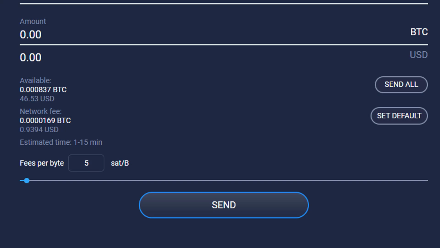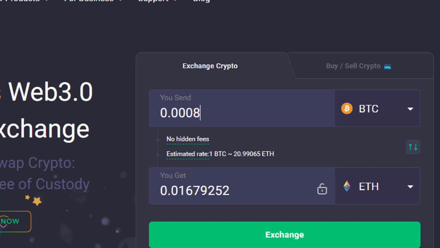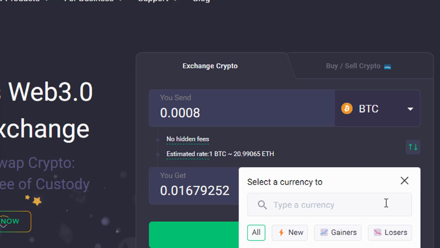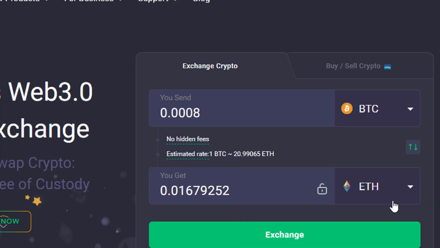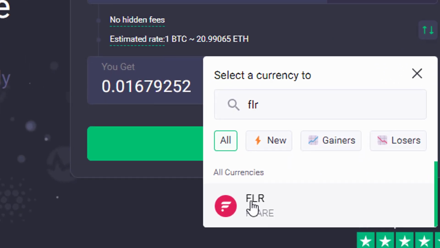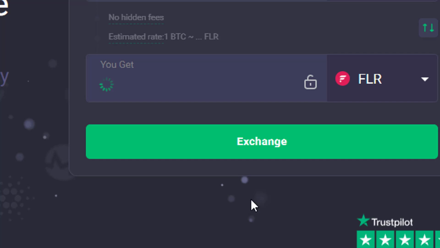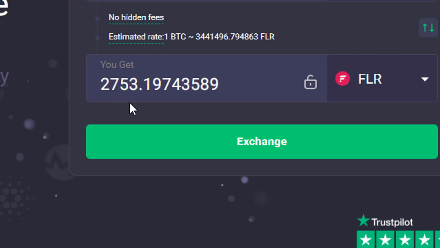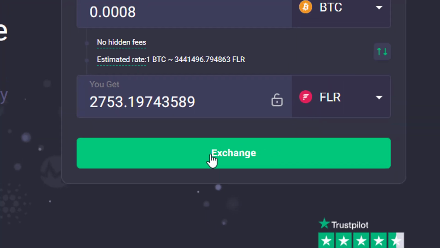I'm using that 37 as a cushion. And then I want Flare. Little down arrow. I'm going to type in Flare. Left click right here where it says Flare or FLR. And I'm going to get 2,753 Flare coins. All right. Now I'm going to click where it says Exchange.